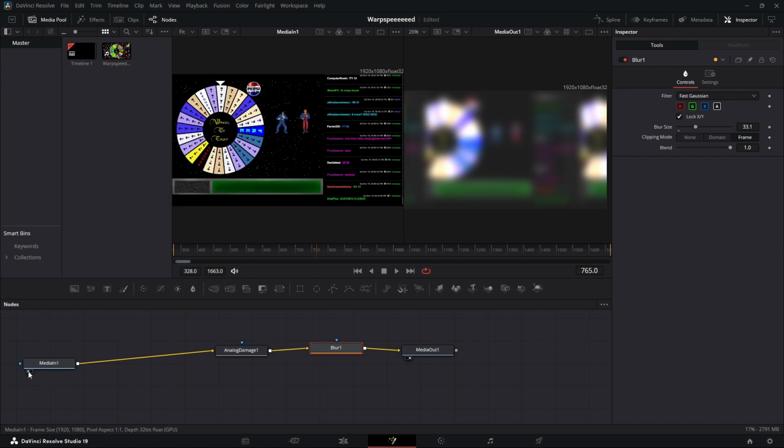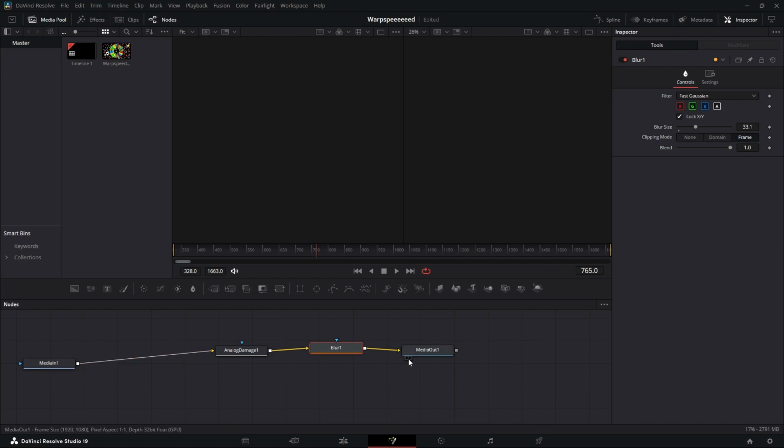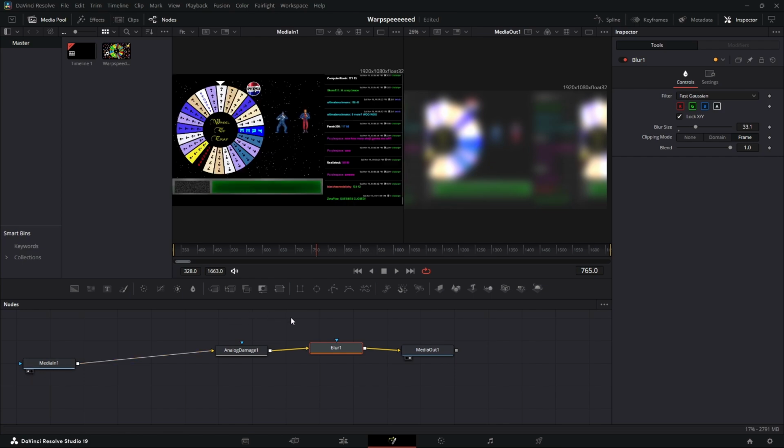That you can show the media and then what's happening to it by clicking these little dots. So that's worth knowing if you're using Fusion. Anyway,